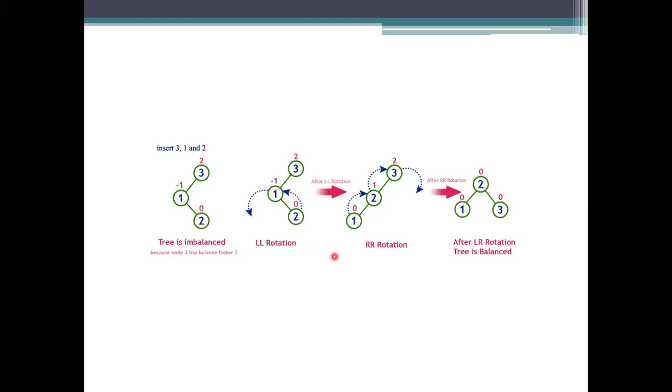So this is for the LR notation, meaning left side and then right side. How we inserted this one here: 3 is a node and the 1 has been inserted here. What is the value of the 1? It is less than the root node, so it will be inserted on the left side.